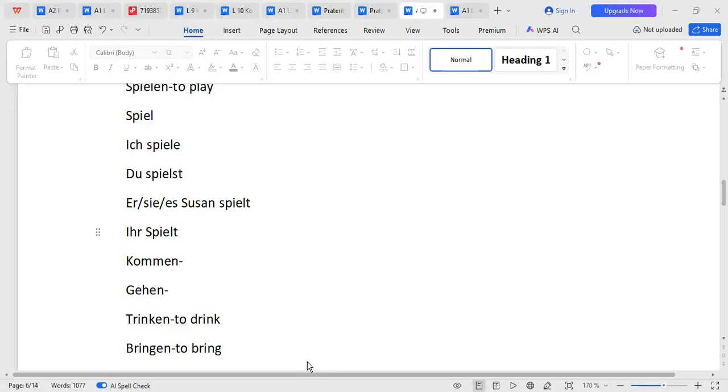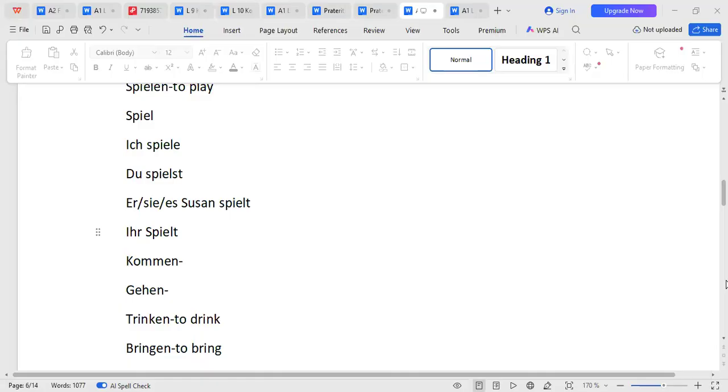She will try and be very fast. Trinken and bringen. Yeah, ich trinke. Very good. Du trinkst. Continue. Ich trinke, I drink. Du trinkst, you drink. Then the er, sie, es. Put your name. Benjamin. A book. Very good. Jack is saying ich trinke. Very good. Du trinkst. Er, sie, es. Jack trinkt. Susan trinkt. Du trinkst. Very good.